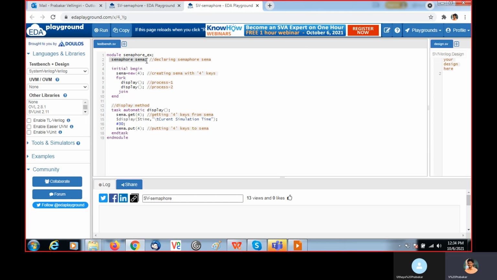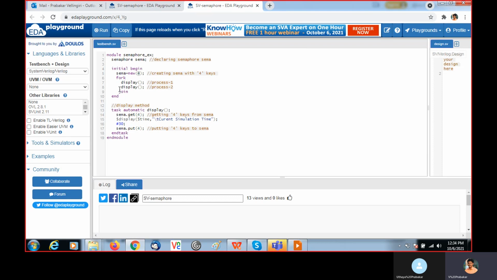Here we are creating a semaphore as sema. Then within this initial block, at line number 5, using the new method, we are creating the semaphore. We are allocating memory for the semaphore with the key 4. Four keys are created inside the semaphore example.